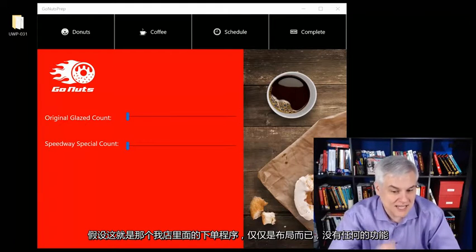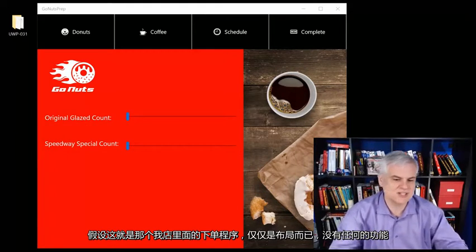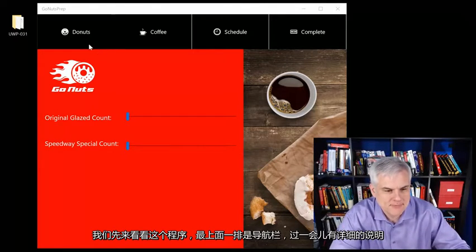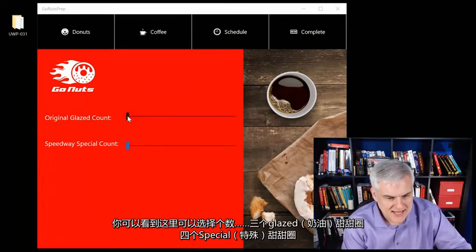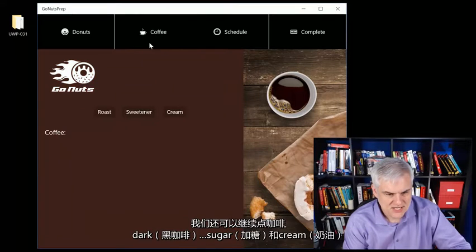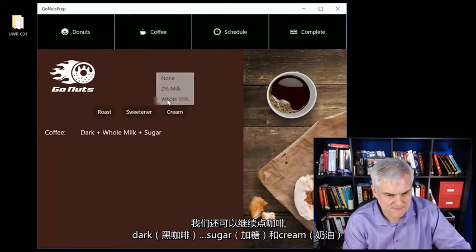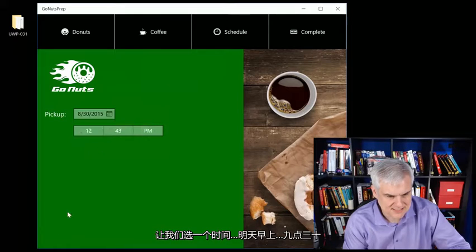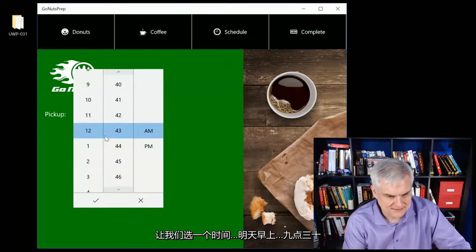So this is the kiosk application that I just came up with. It's just the layout. There's no real e-commerce functionality, but let me walk you through it. You can see that I have some navigation across the top. I'll give you some specific instruction about that in a moment. And you can say, hey, I want so many glazed and 4 of the specials. I'm going to order a dark with sugar and cream, and then let's make sure to pick that up tomorrow morning at, I would say, 9:30 a.m. I should be there,